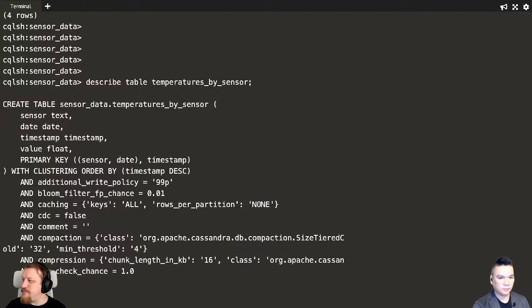Yep. I prepared an answer for Srini S, but he has got that already. The question was, don't we need the partition key network ID in the last query for temperature by sensor? No, we don't, because in the table temperatures by sensor, we use sensor and date as the partition key.